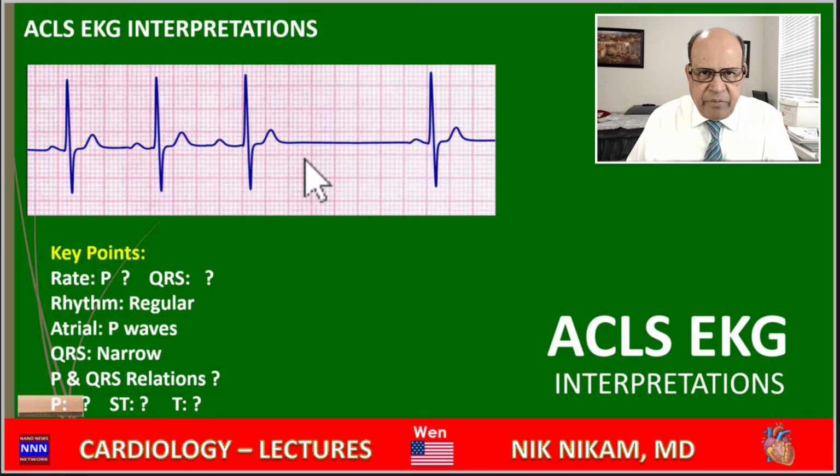So this is a Wenckebach, and look at the RR intervals. They are getting shorter. And in addition to that, the PR interval, which was the longest one before there was a dropped QRS complex, here there's a dropped P also, the PR interval returns to normal. So this is an example of a Wenckebach. Wenckebach is something we see in patients with inferior myocardial infarction and sometimes with various types of metabolic abnormalities. And generally, it doesn't need any specific treatment other than treating the underlying circumstances.